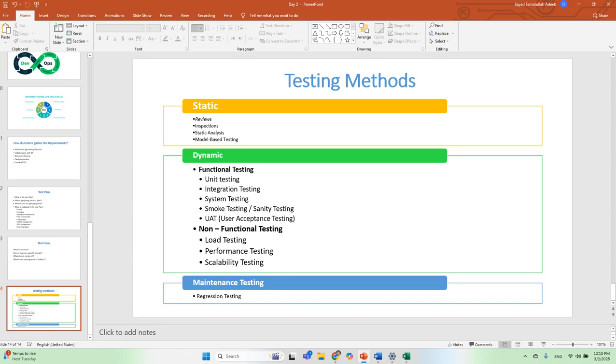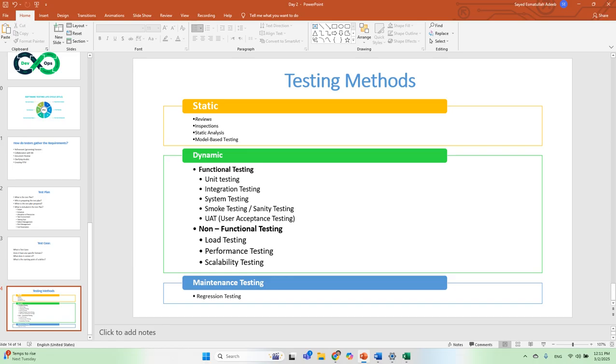For example, formal inspection is a process where artifacts like test requirements, test design, and code are inspected by a team to find defects. It involves the author, the one who wrote the code, and the inspector, the one who checks the code, and all review the process to make sure that the